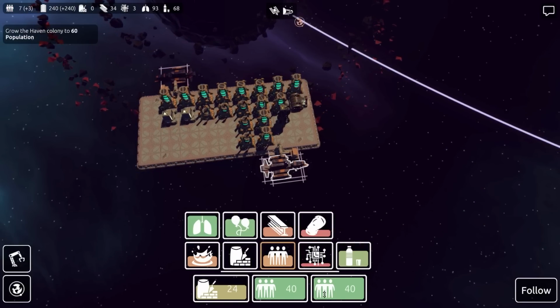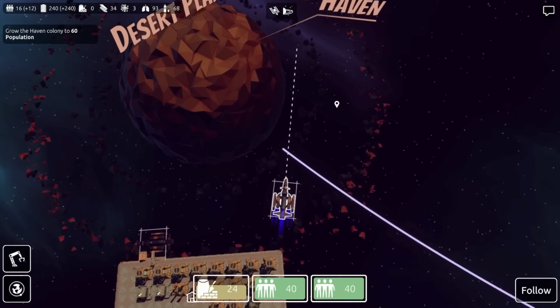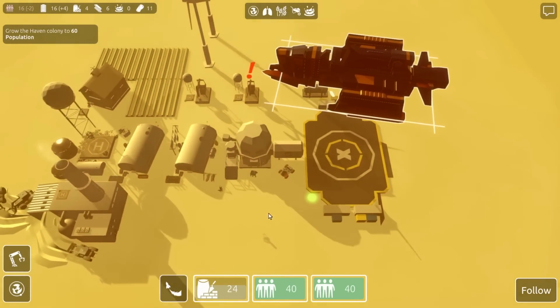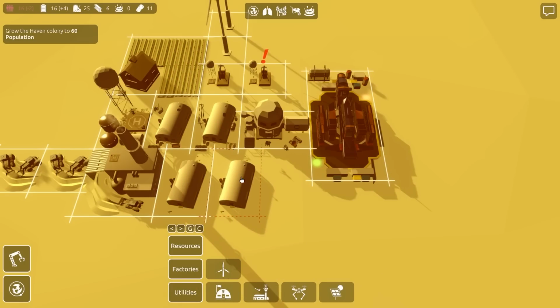This is a lot more than 60, but I think that'll be worth it. Right, let's get you back down to the surface. Happy days. And we'll unload that concrete, and hopefully we will be able to make things just a little bit easier for everyone. Right, let's get some more...